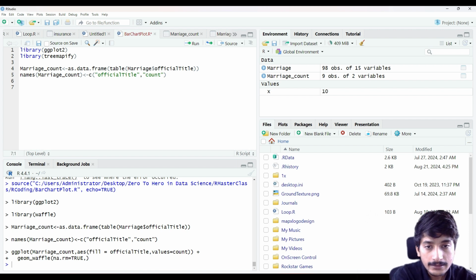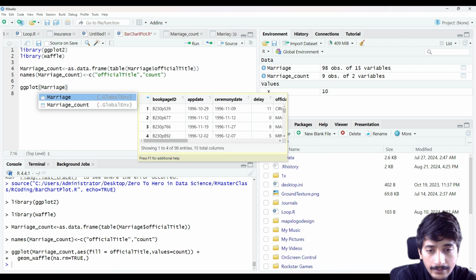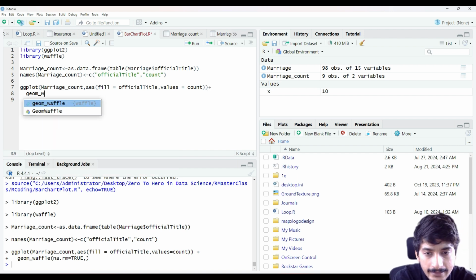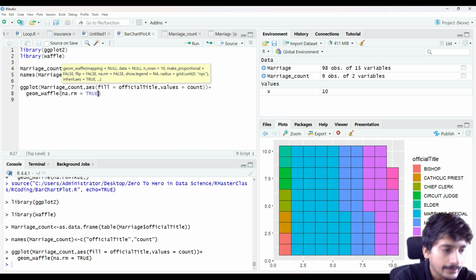To plot this, we need to first import our library, that is waffle, and then we call ggplot, and in this we pass our marriage count, we say aesthetics, in this we say fill as official title, and value would be count. Then we need to call geom waffle, and we also pass a parameter that if it contains any null values, remove it. We save it, we run it, and here is our